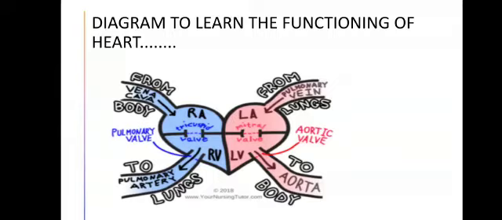But we learned that arteries carry only oxygen-rich blood. Here why is it like this? Because this is the only artery which carries deoxygenated or impure blood. So which is the artery which carries impure blood in the heart? That is the pulmonary artery. So it will take the blood to the lungs for purification. After purification, who will take it? The pulmonary vein will take the blood.